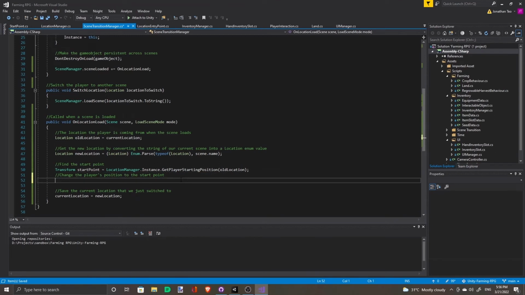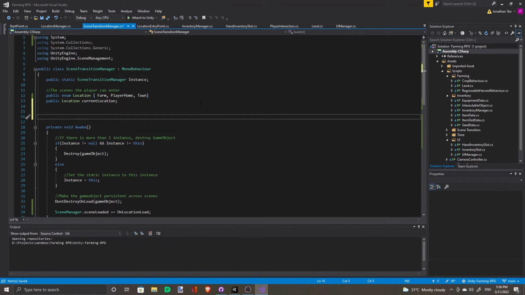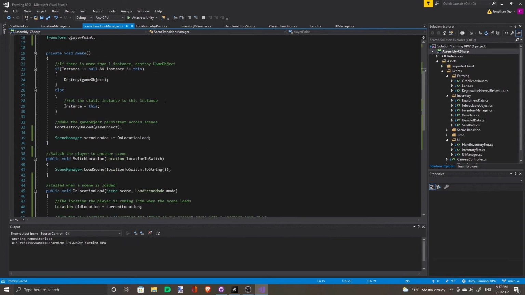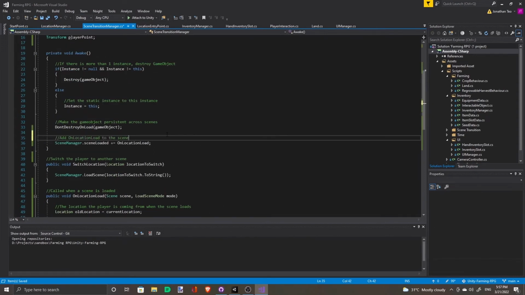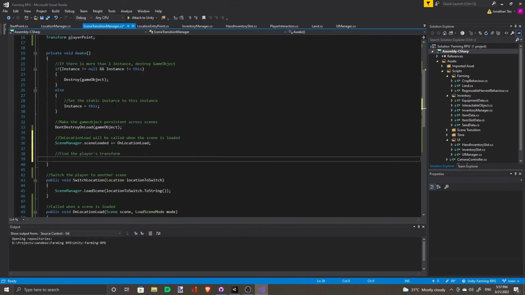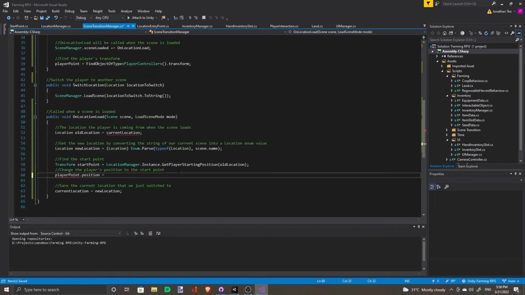And then after we find it, we just have to set the player's transform. So we need to get the player first. Declare a new variable, Transform playerPoint. Found like this, FindObjectOfType PlayerController, dot transform. So now we can just change the player position.